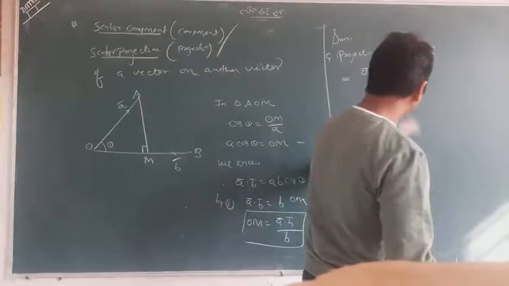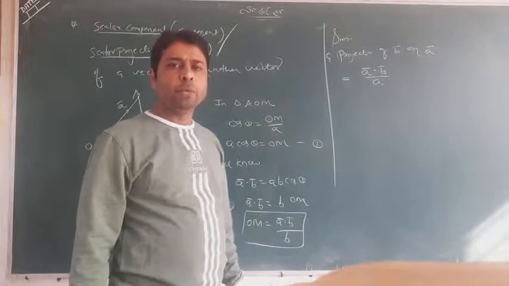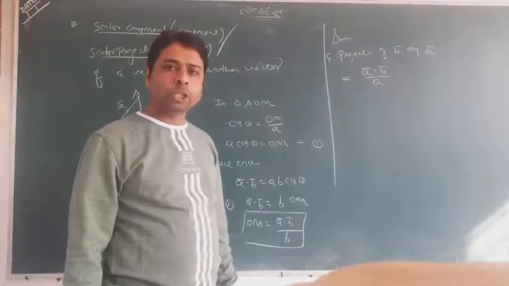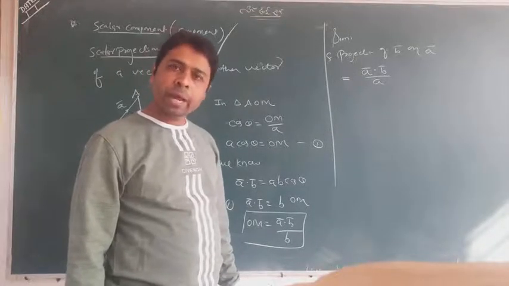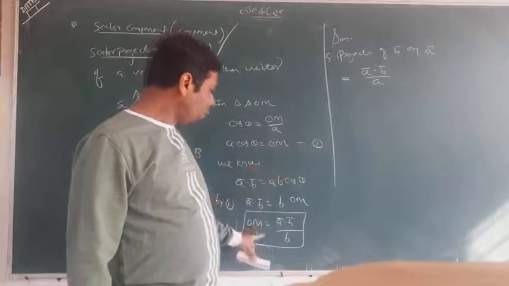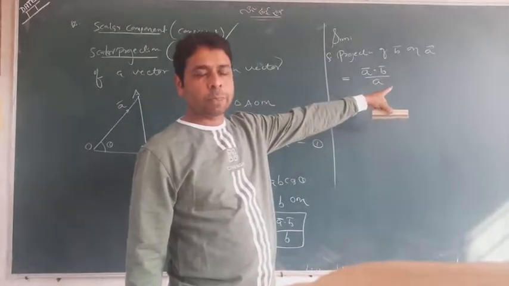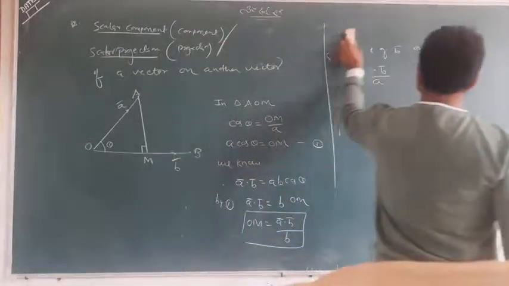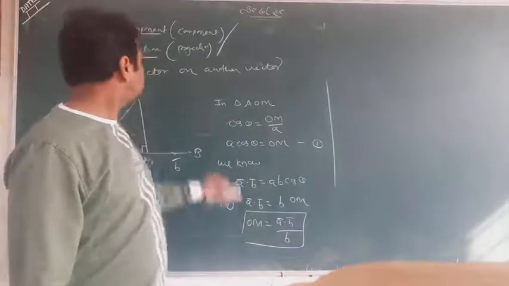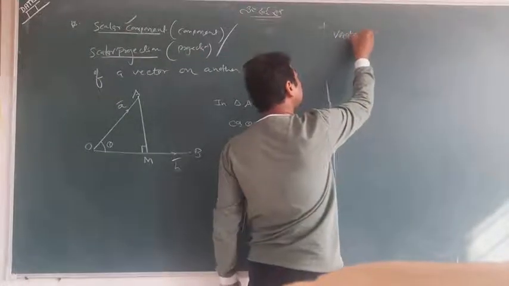So students, that was a simple formula, you have got it. You would be given two vectors A and B. You will be told to find the projection of one vector on the other vector. So you just assume the first vector is A, the second vector is B, and search out which formula is right. Whether you are finding the projection of A on B, you will use this one. If you are finding B on A, you use this one. So okay, this was a simple concept. You have got it. This is OM you have got. Now this was the whole concept of the scalar projection. Now I speak about vector projection.